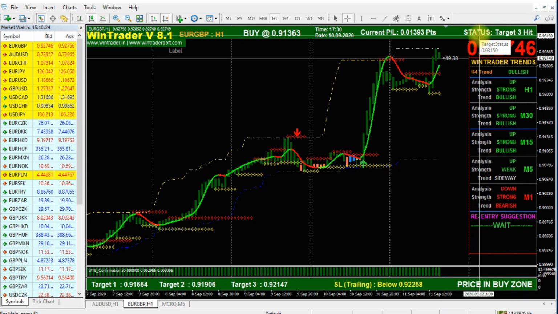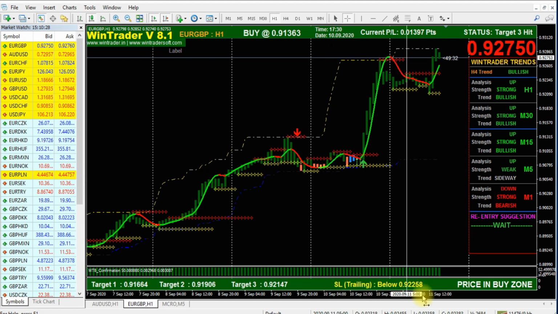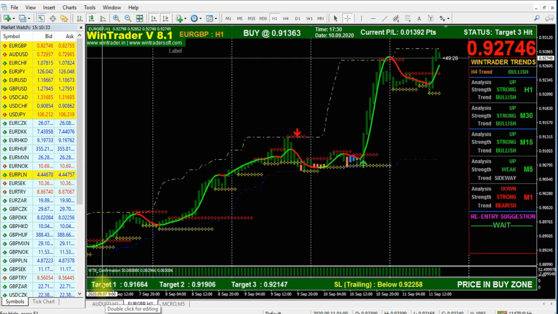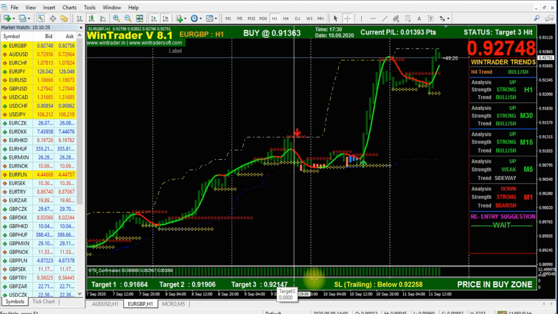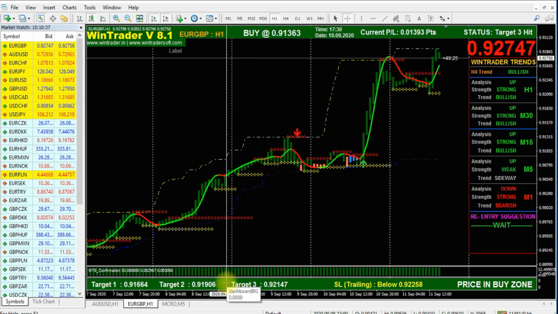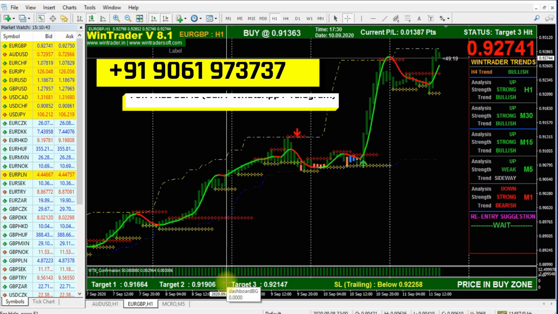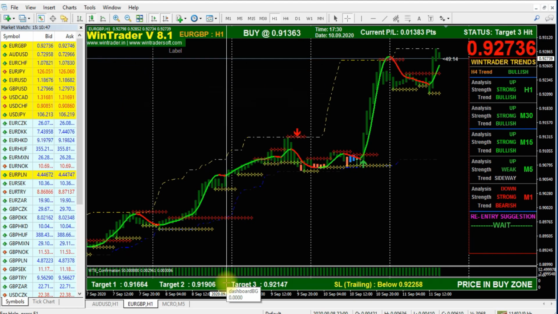Once you enter the market, second you have to put the stop loss. The stop loss will display here, below. You can see the stop loss, and this is a trailing stop loss. On the left hand side you can see target 1, target 2 and target 3. There are 3 targets. For example, if the software gives a confirmed signal and we enter the market and exit with our target, then after we exit from the market, if it is a strongly trending market, the signal will continue after hitting our target.